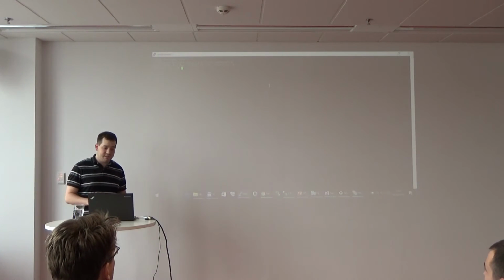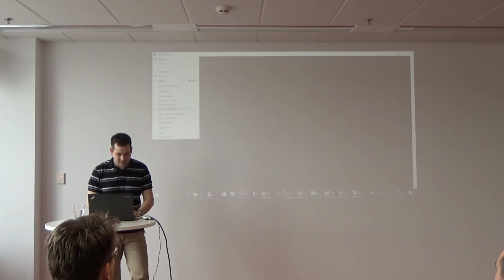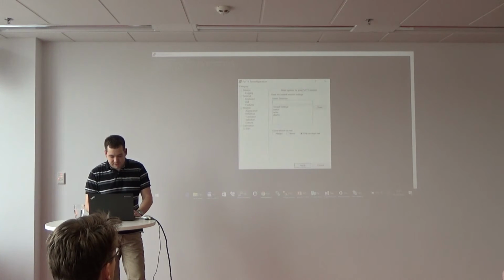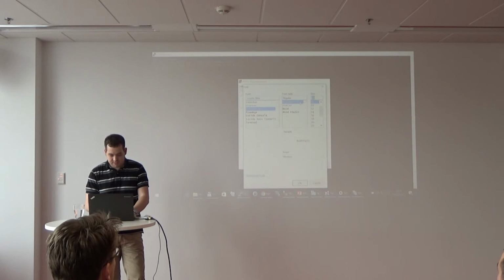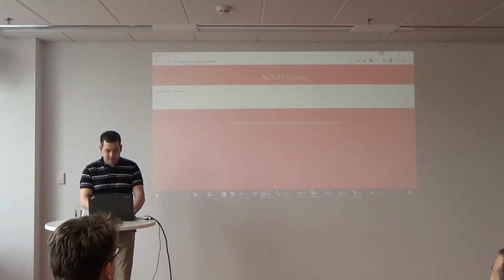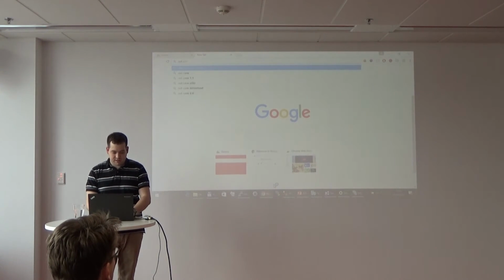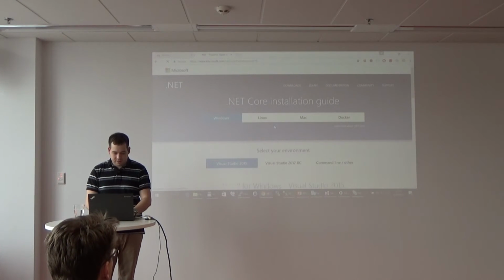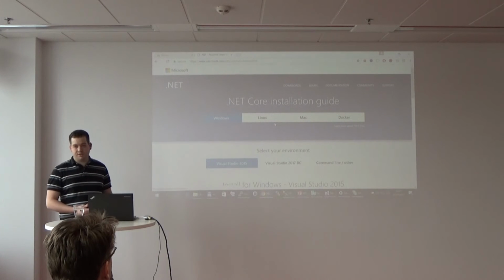This is a completely clean installation of CentOS. I just changed the font size so you can see something. Okay. And if I just find .NET Core on Google, you can see the installation guide.